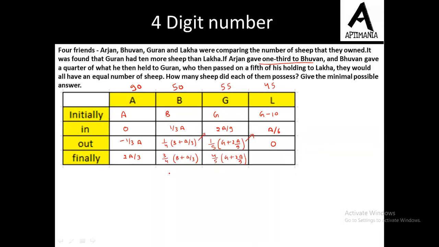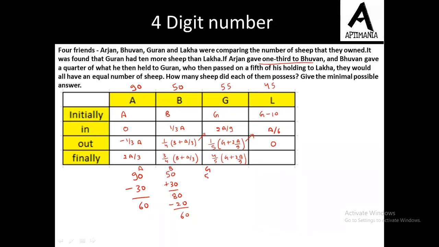Okay, so now since we have got all the values, let us verify our answer. So A initially had 90, it transferred 1/3 of 90, that is 30 to B. B initially had 50 plus 30 he received from A. Now A finally is left with 60 sheaves. Now B had 80, but then he transferred 1/4 of 80, that is 20 to C. So B is left with 60 sheaves, right? Now not C, actually it is G. So now let us move to G.